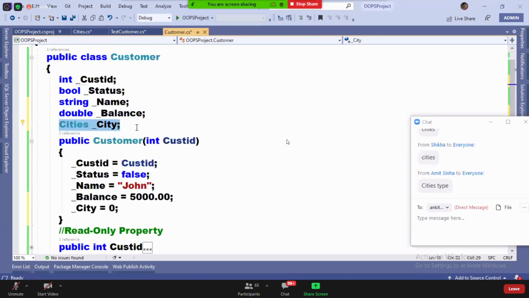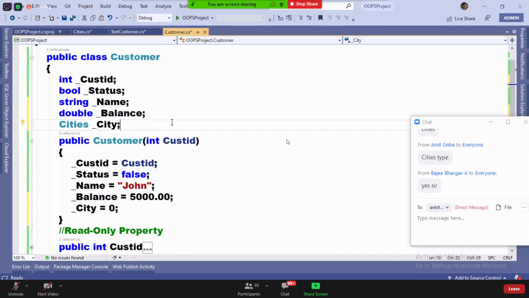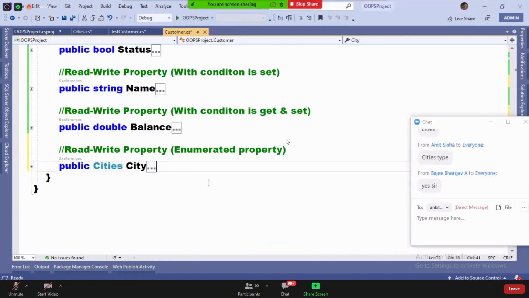After defining my type, I used it here. Understood my point? Int, bool, string, bool are already predefined. But cities is not predefined. I defined my type now, cities. After defining that, string is also the same, cities is also the same. The only difference is predefined and user defined. If you put that aside, this is also a type only, this is also a type only. Okay? So that's it. This is the read-write property.